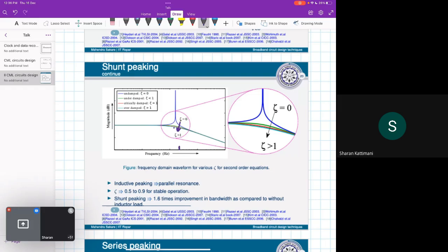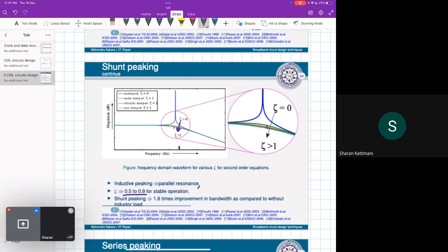In the zoomed version you can see that there is a variation here. So by varying the zeta you can get this. But for a stable operation you should operate at 0.5 to 0.9. Okay, and in general it is seen that approximately 1.6 times improvement in bandwidth we can achieve using this inductor